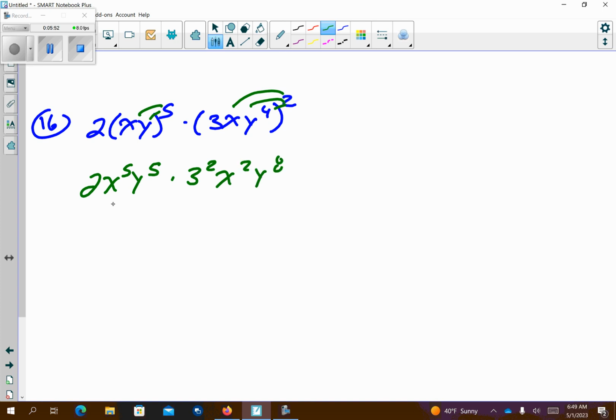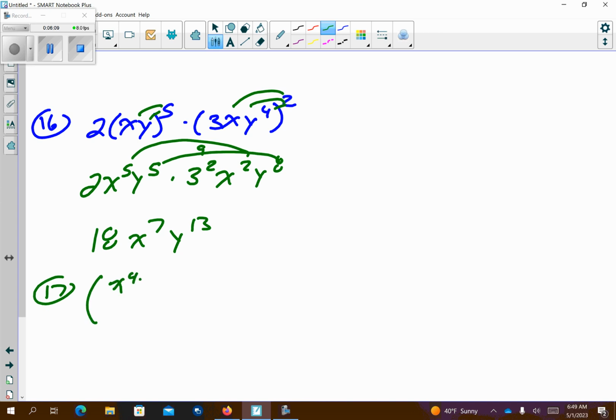Now we can start combining things. Well, 3 squared is 9, right? So 2 times 9 is 18. We're going to add these exponents, so that's going to give me x to the 7th. Add those exponents, so that's y to the 13th. Problem's done. Number 17, you get x to the 4th, y to the 5th, over x to the 7th, y